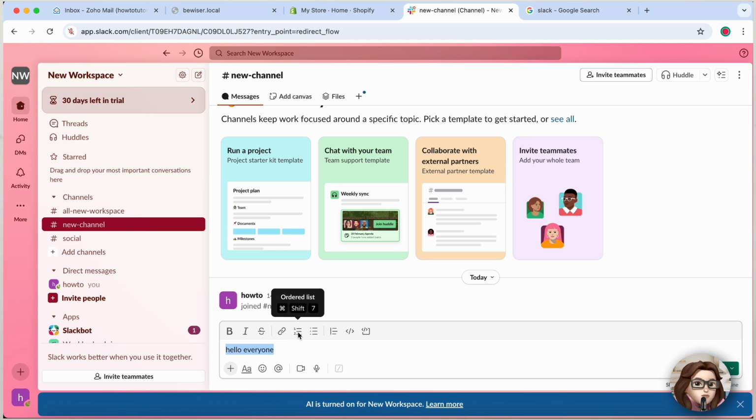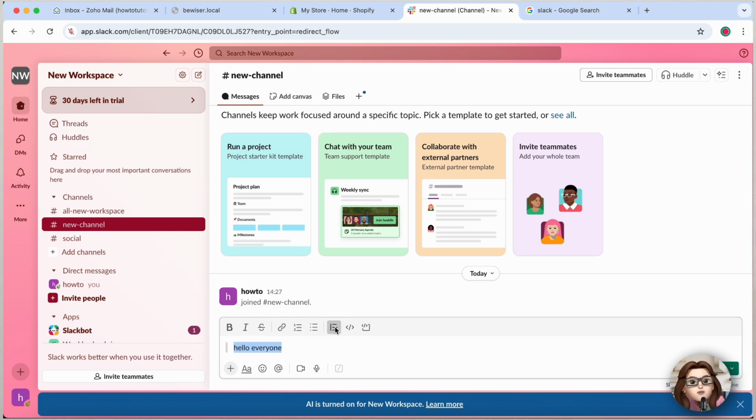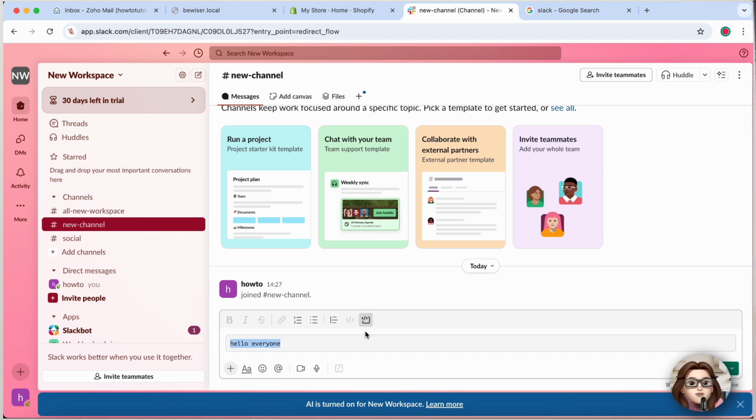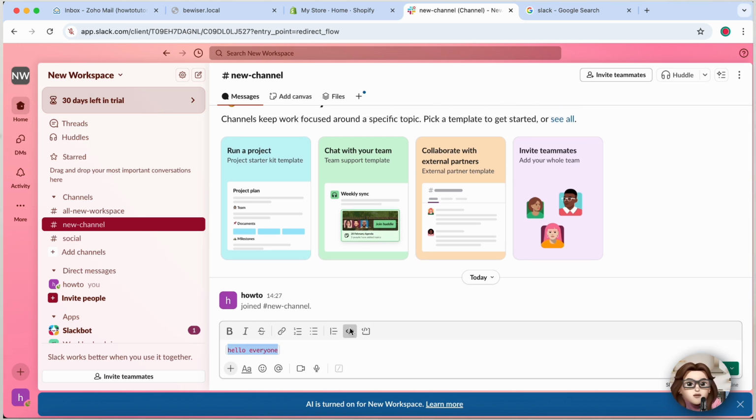For readability, create numbered lists for step-by-step instructions or bulleted lists for casual lists. Use block quotes to highlight important statements or references. And if you're sharing code, use the code or code block options to make it easy to read and copy,